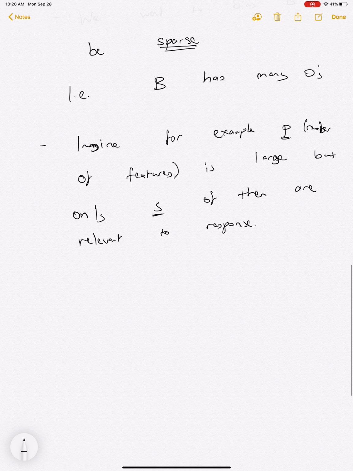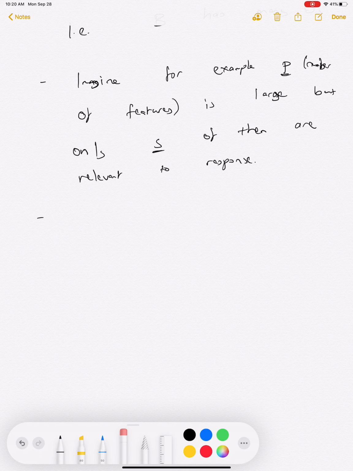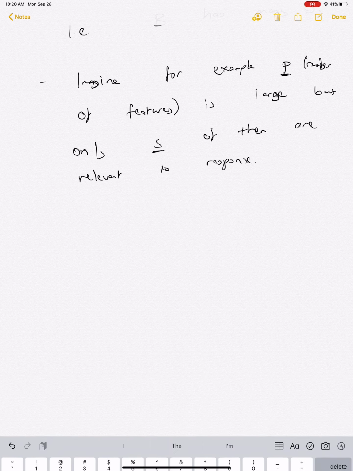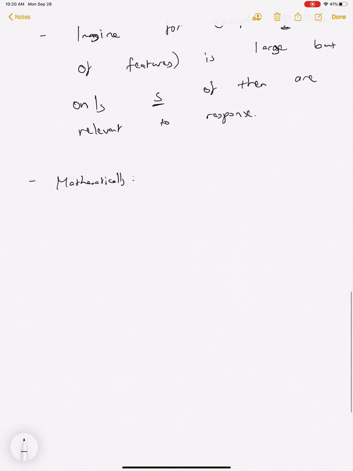Okay, so let's introduce the framework, and that'll also give us a sense of the purpose. So what does this assumption mean? Mathematically, sparsity is represented as